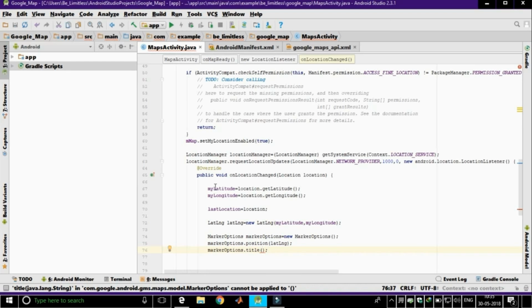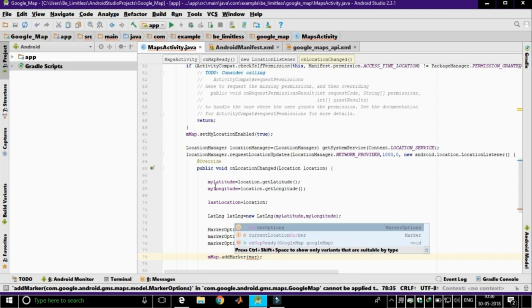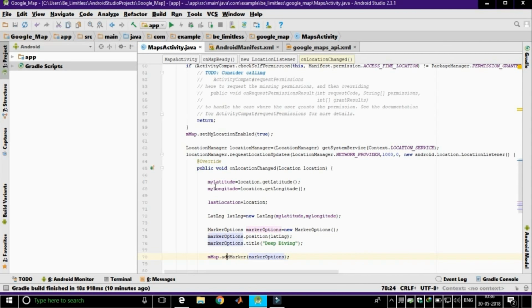So when you click on the marker, it will show the title Deep Diving, and then write mMap dot addMarker, and write here markerOptions. Now I'm going to store this value to currentLocationMarker,